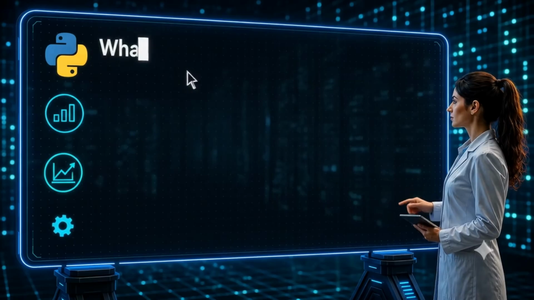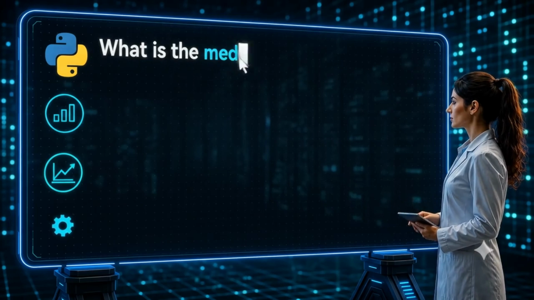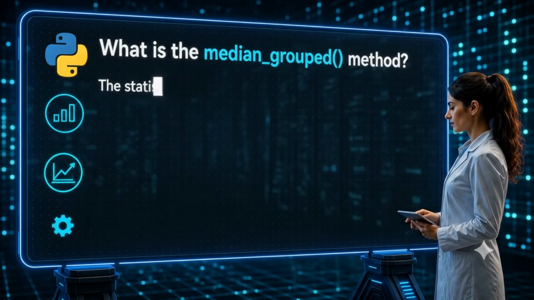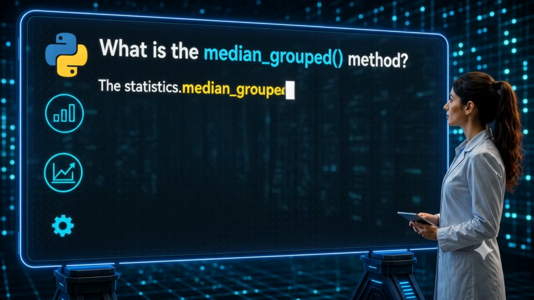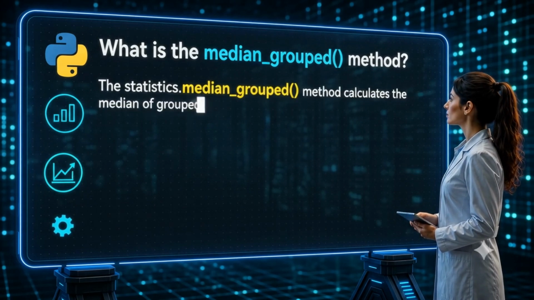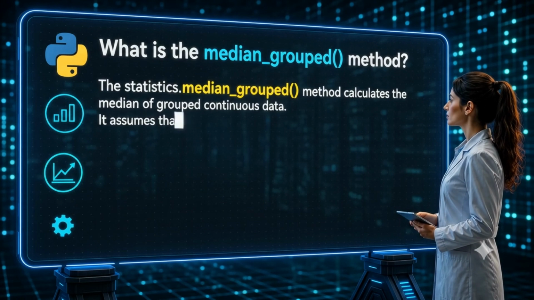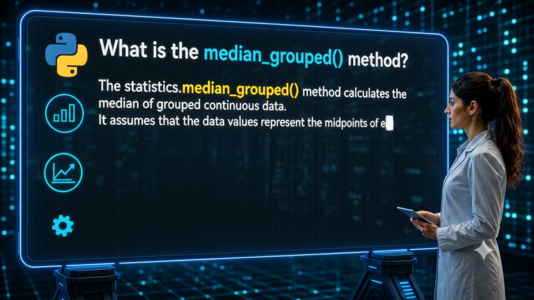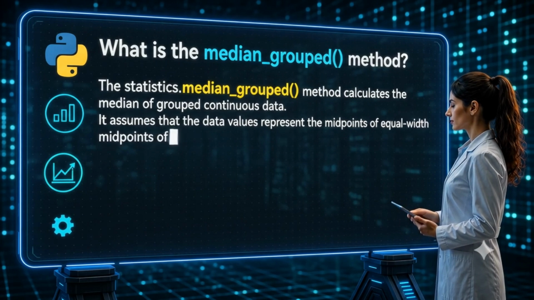The statistics.median_grouped method calculates the median of grouped continuous data. It assumes that the data values represent the midpoints of equal width intervals. The median is estimated by interpolating within the interval that contains the median value, assuming the values are uniformly distributed